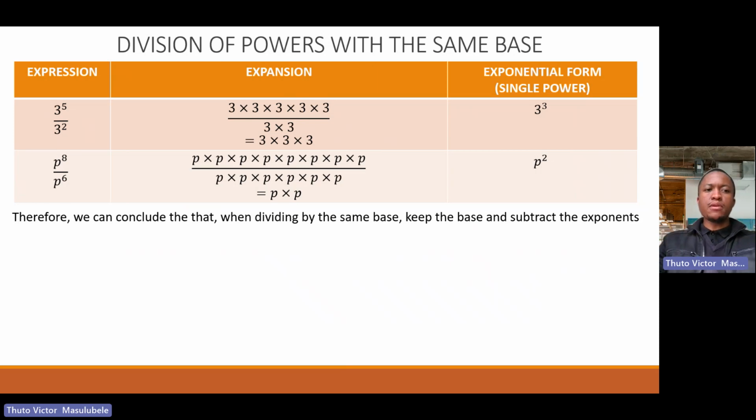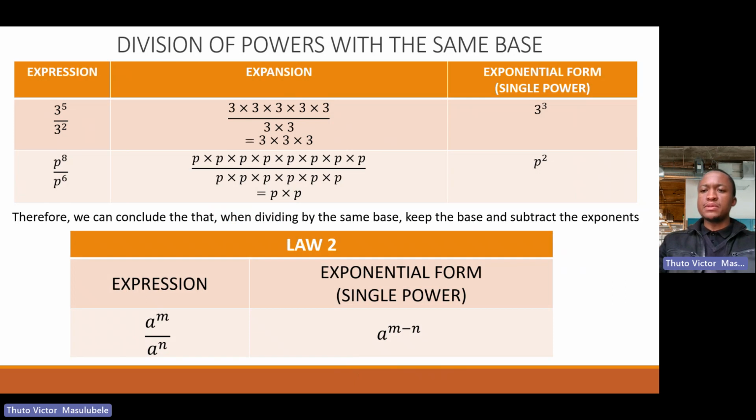We have p to the power of 8 divided by p to the power of 6. That can be expanded. After expanding, the same factors will divide with each other. You'll be left with p times p, giving us p squared. So therefore, we can conclude that when dividing powers with the same base, what you do is that you keep